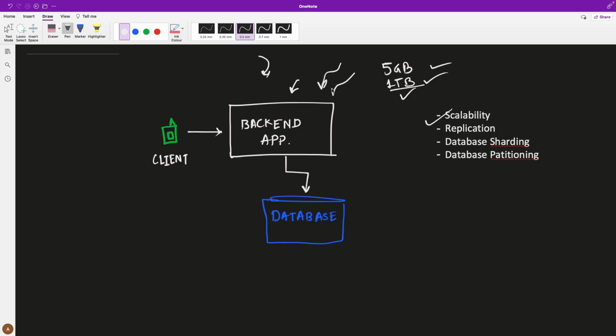If this application dies, your whole backend is not available. So when your system is experiencing some kind of failure, your whole application is down. Again, this impacts the reliability of your system and also the availability.